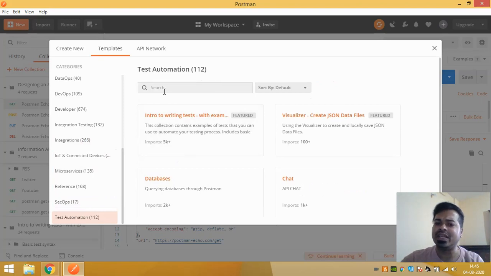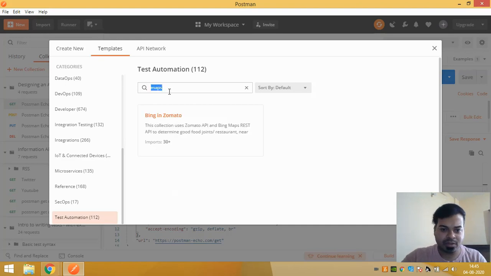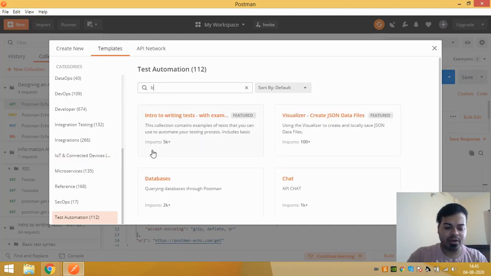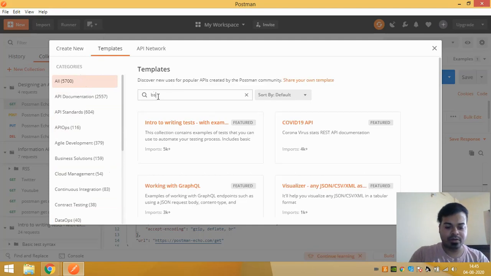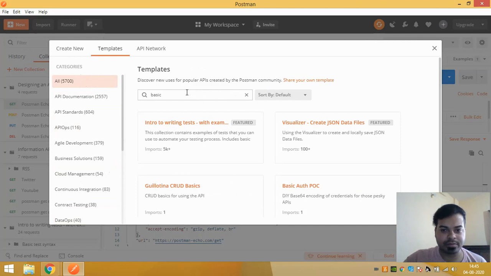Whatever API you need, you just type it here. You just enter maps. I'm just showing you. See, you got some APIs related to maps. Let's say I need an API for some basic knowledge. I will just enter basic and, from all, click on basic APIs. And I will just click on enter. So if you see here,